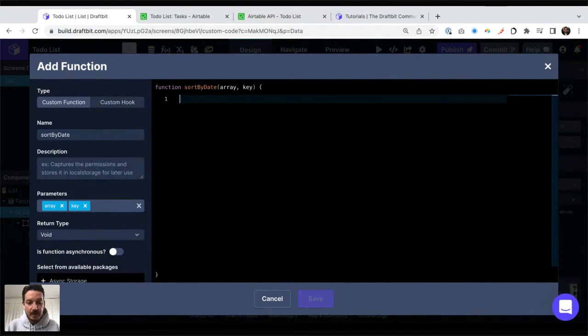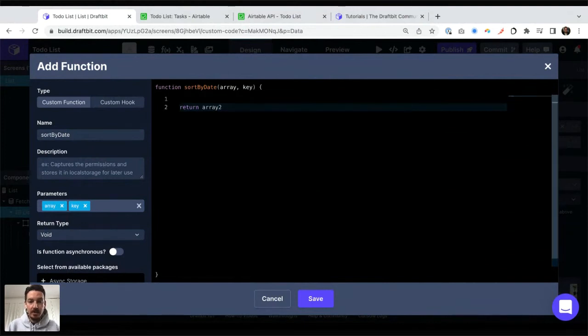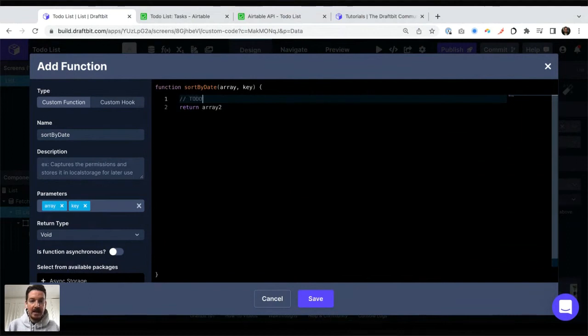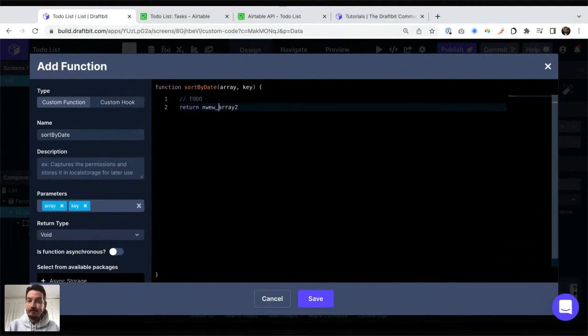Okay, and it's going to return a different array after I've sorted it. So I'm going to do a bunch of stuff to it, and then I'm going to return the new array. That's how to think of it.